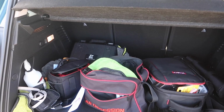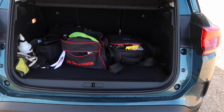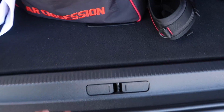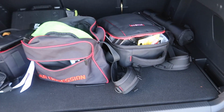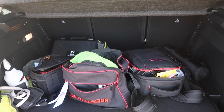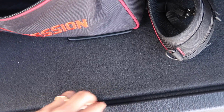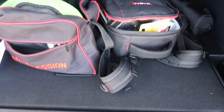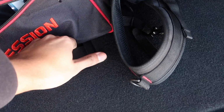Very, very good indeed. As you can see, the opening is nice and wide, it's square, so it's practical. There's no lip at all. So if you want to load bigger items, let's say you want to load, I don't know, a mattress or maybe even a wardrobe or a large piece of furniture, it should be pretty easy because you haven't got a high lip to navigate. And what's better still, as standard, you get, I